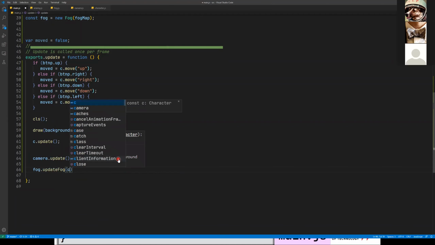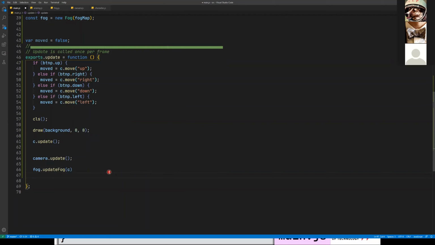And we're going to send in our character, so it'll update the fog based on our player position. And the very last thing is the draw. So we're going to draw the fog map starting at 0, 0. This is only a square fog. So if I come back here, click run,